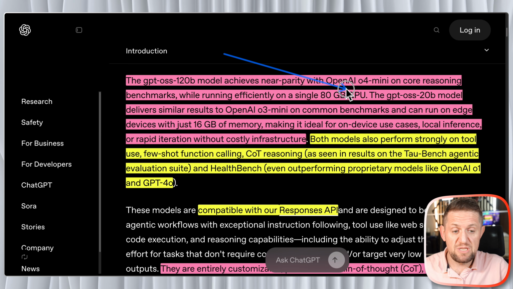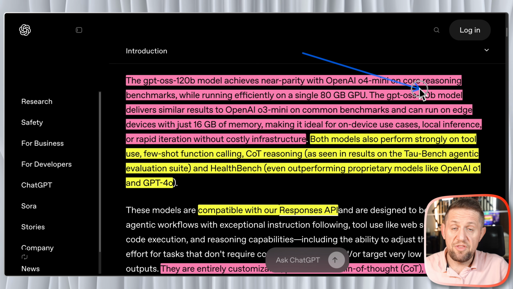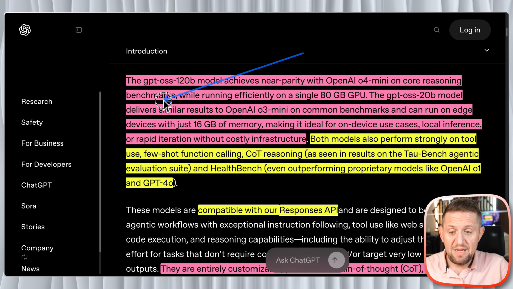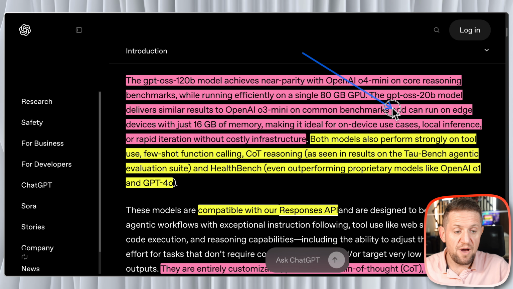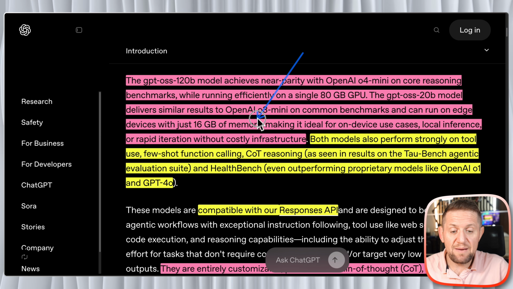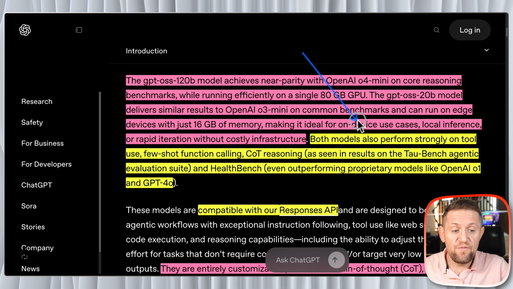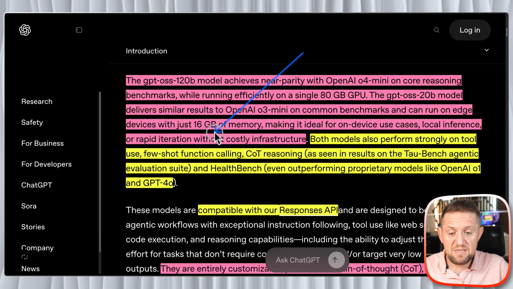And that puts the model within reach of consumer-grade GPUs. On the other hand, the 20B model delivers similar results to O3 Mini on common benchmarks and can run on edge devices with just 16GB of memory, making it ideal for on-device use cases, local inference, or rapid iteration without